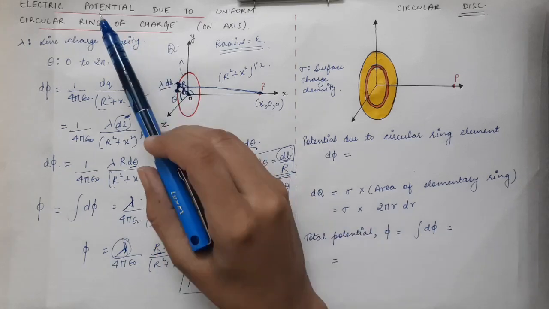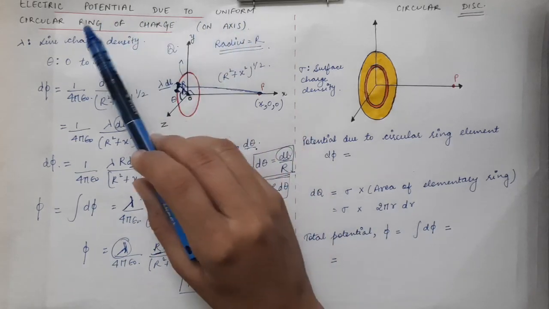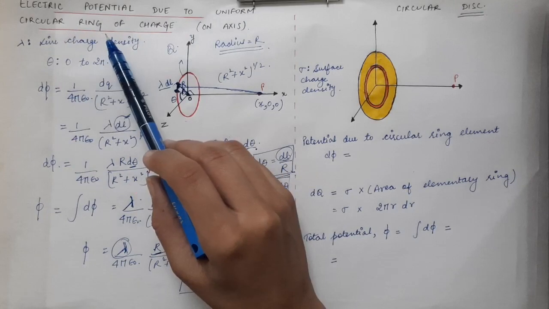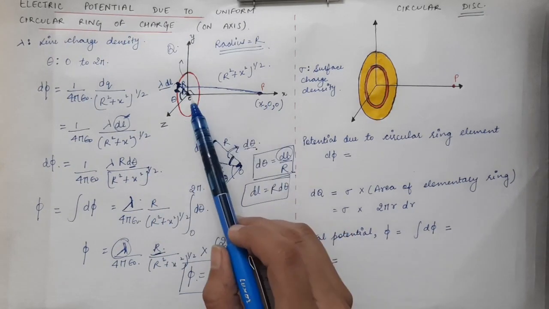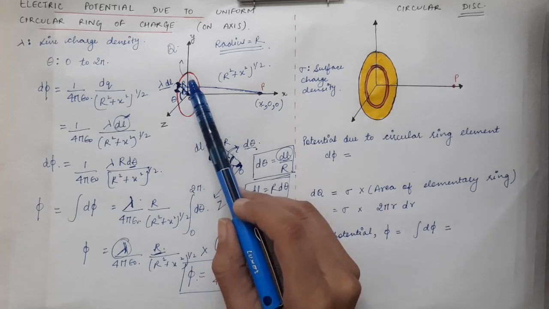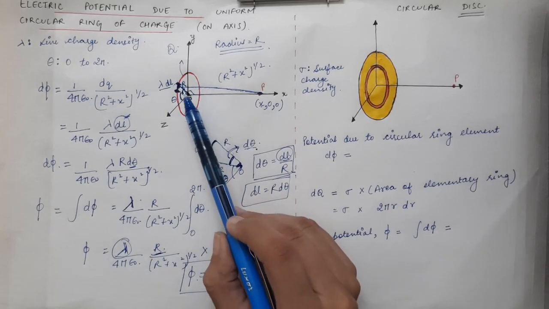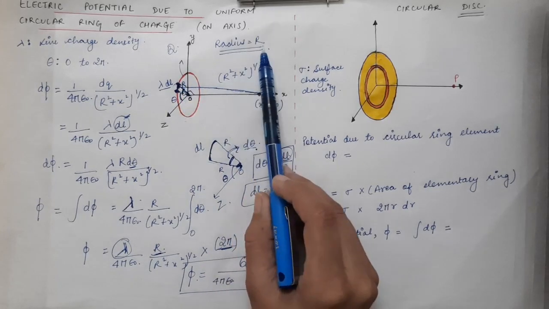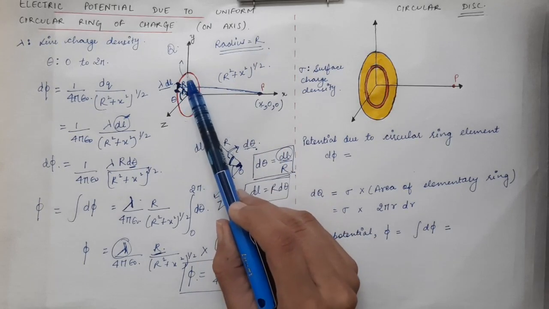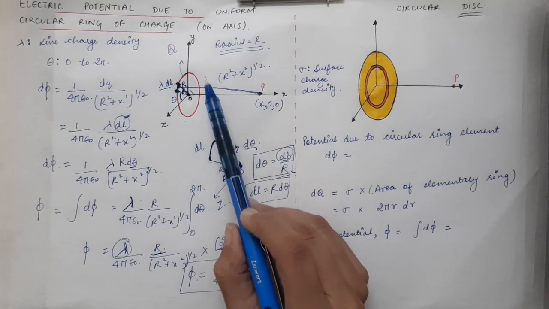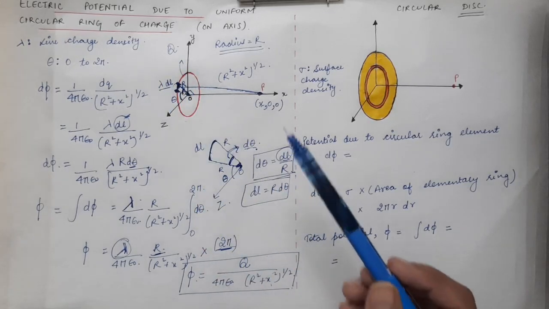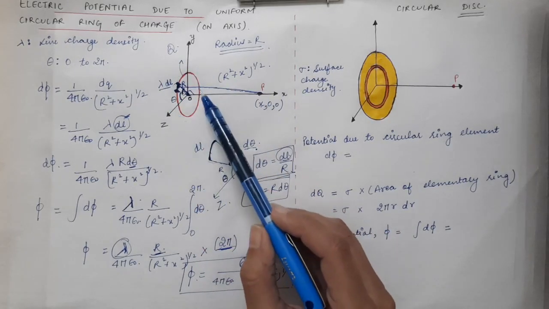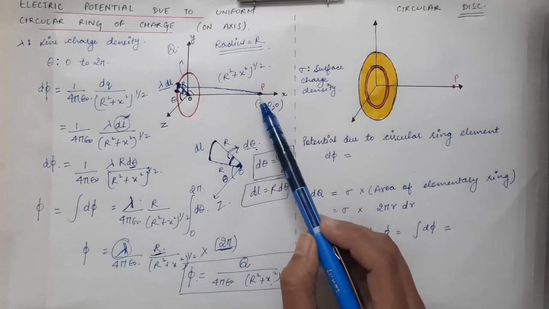We had found the electric potential due to a uniformly charged circular ring, at any point present on the axis of the ring. The radius of the circular ring was assumed to be capital R, and let's say the total charge on this circular ring is capital Q. So the potential at a particular point P,